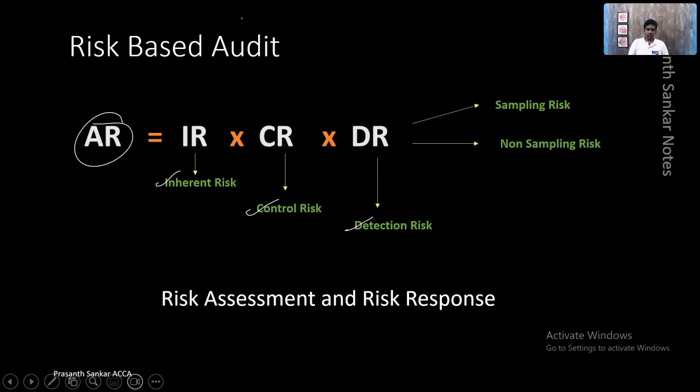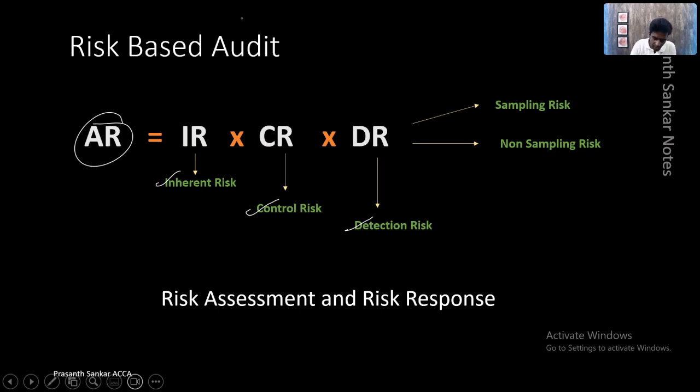Now control risk is where the controls established by the company are not appropriate, due to which there could be errors in the financial statements. That is called control risk. To give you an example, let us say someone is paying salaries to their employees, but no one is checking how much they have been paid. The pay slips are not authorized. New employees are coming into the system and nobody is checking that. That's a control failure, because the person who's paying the salary can easily commit a fraud. It's the simplest example of control risk.